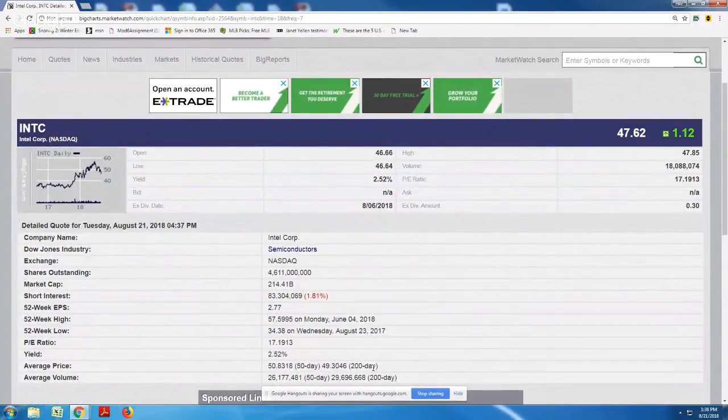and the 200 days at 49.30. So they are still inverted to the upside barely, but if it stays under 50 for any more length of time, they'll start getting a little bit more inverted if that happens. But you can see between 49 and 50, not only are the moving averages there, but there's a gap there. So I'll be very interested to see if this thing can get through